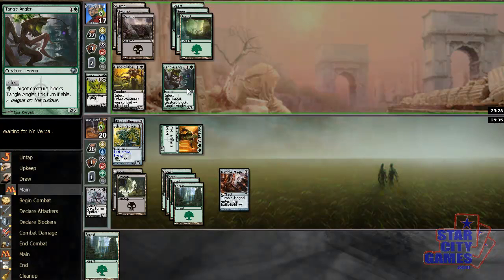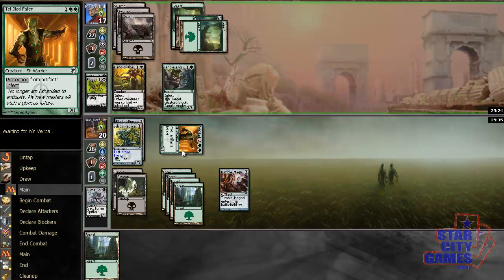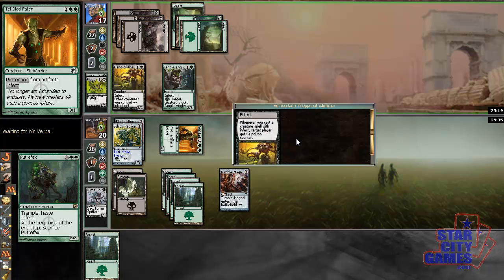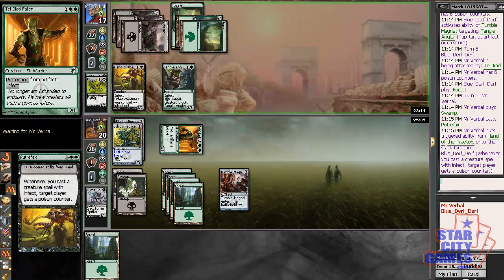Tangle Angler is really good. It's close to bomb, I think. If you make it turn 3 off a mirror as well, it's just such a blowout against decks that can't kill it. And speaking of blowouts, boom, Putrefax. Yeah, so